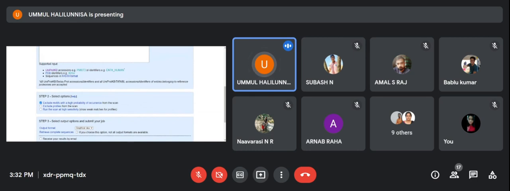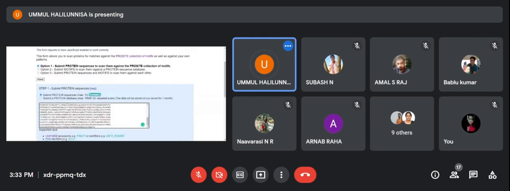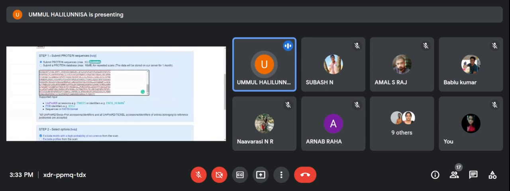Okay, I will use insulin precursor. I have pasted the sequence of